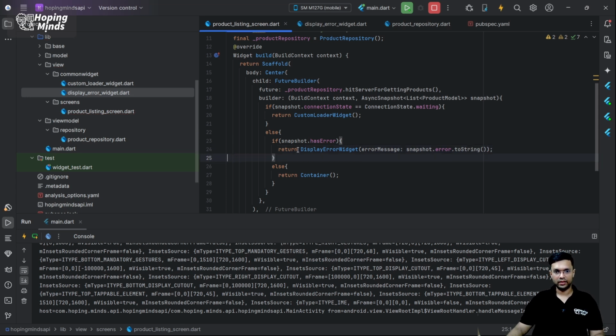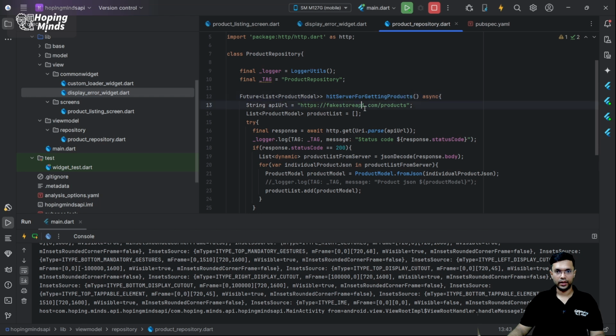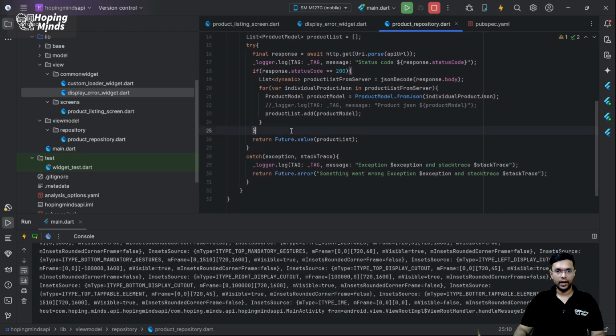Now how exactly would this error get displayed, and for that matter how will this snapshot.error first happen? In order to do so, I'm going to again change this over to products 1 to 3, and